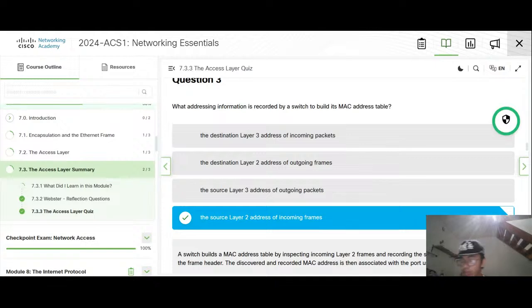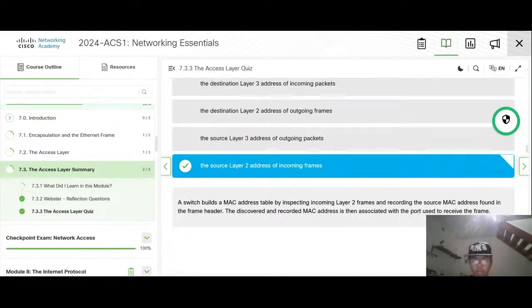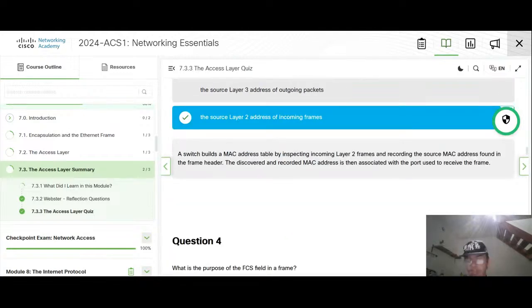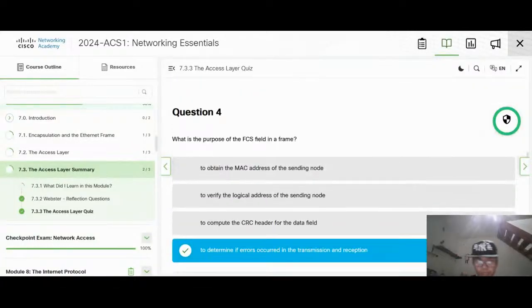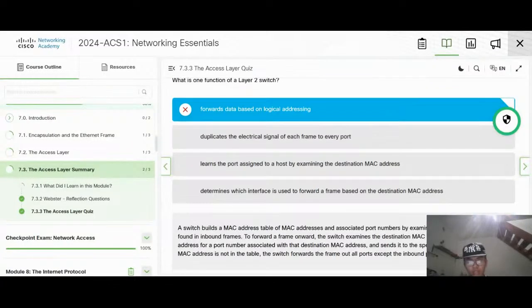So it is actually the layer 2 address of the incoming frames, not the logical addressing. Then it's the process of examining the station, which is, of course, number three is correct this time.